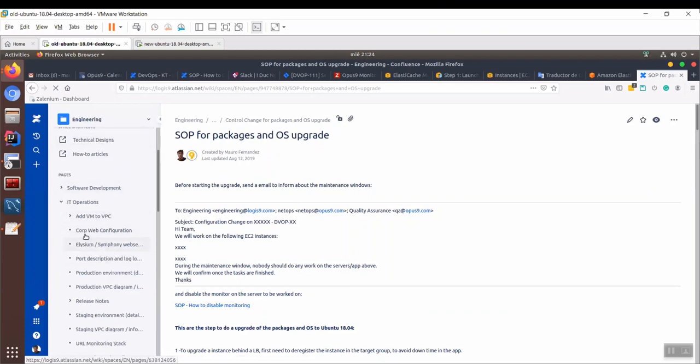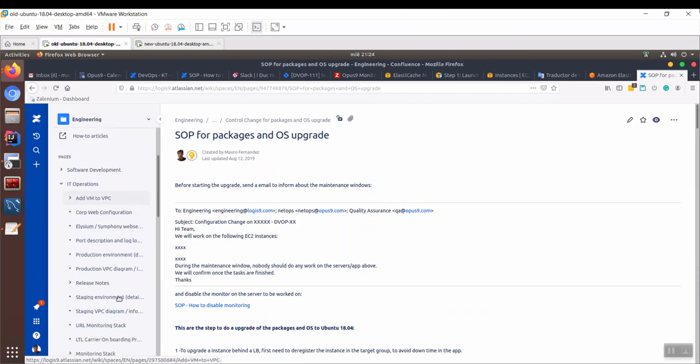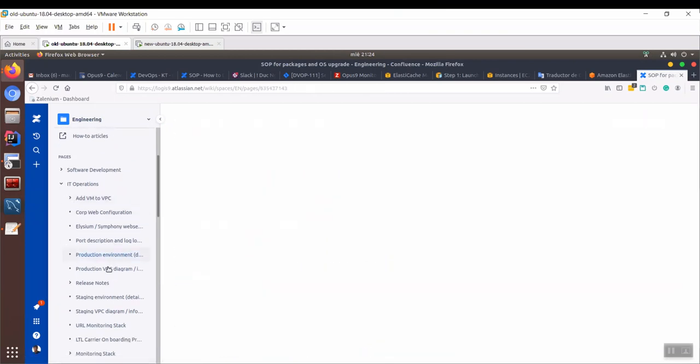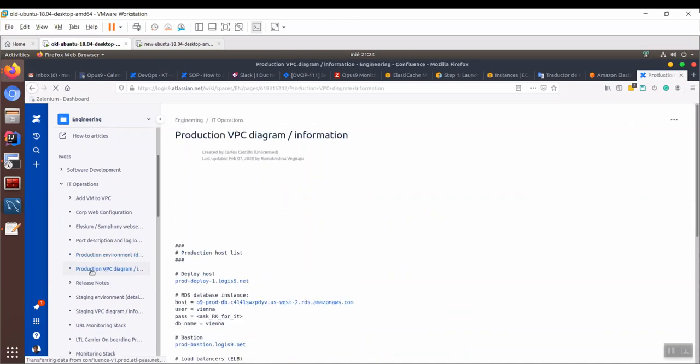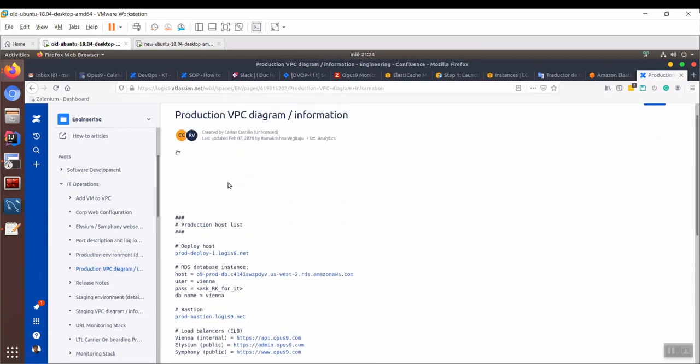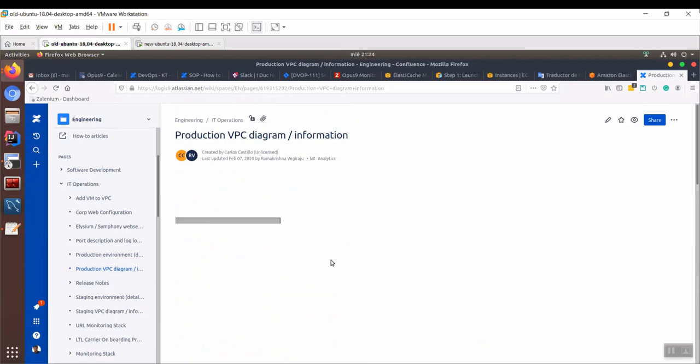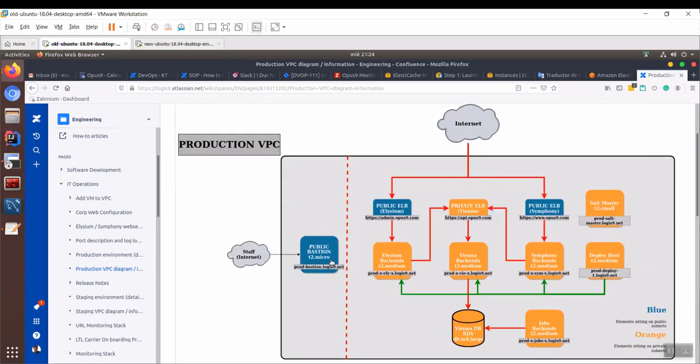ET operation, VPC for the production environment. Here it is. Production VPC diagram. Okay. It's something like this.